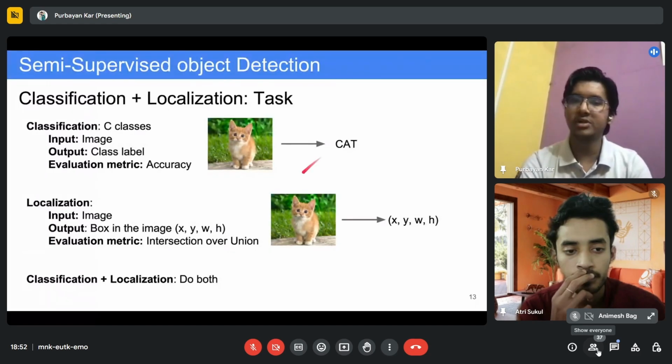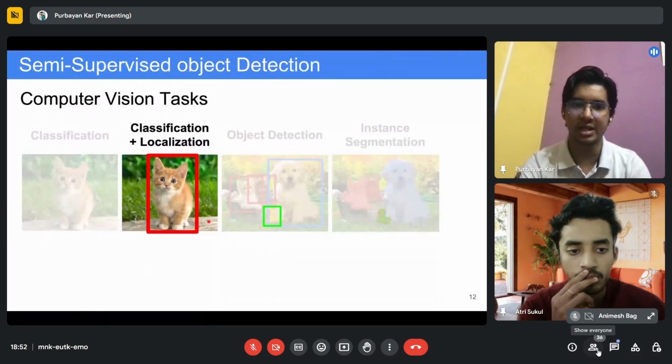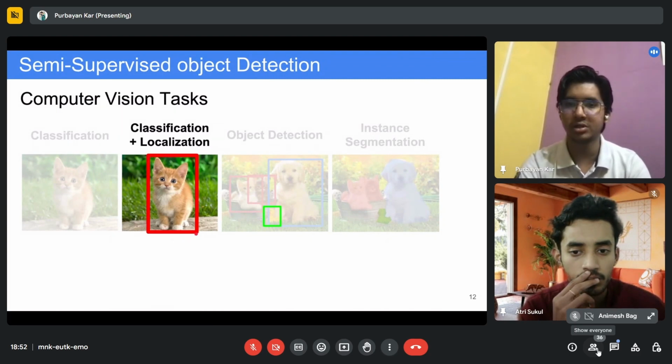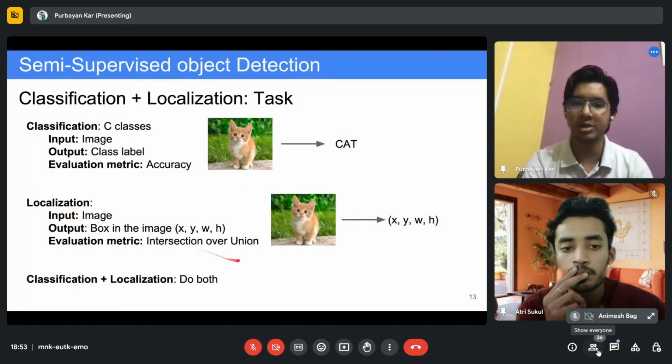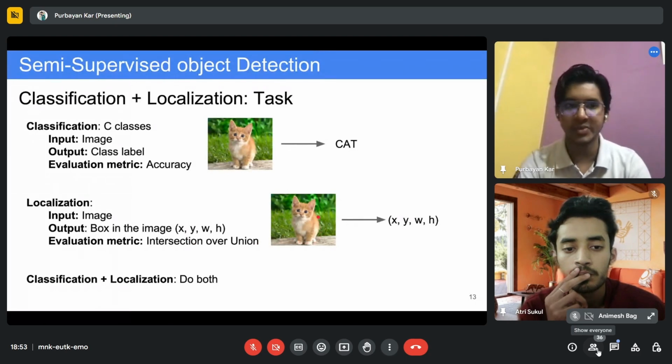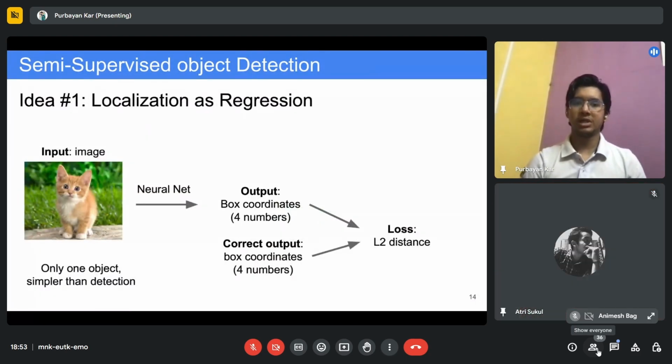But for localization, to create that bounding box, we predict 4 values: x, y, w, and h. If I go to the previous slide, x, y will be the middle point of this object, and w and h will be the width and height of the box. Middle point, width, and height. If you have all these components, you will be able to draw the bounding box around this particular object. So this is localization. So how will we do localization?